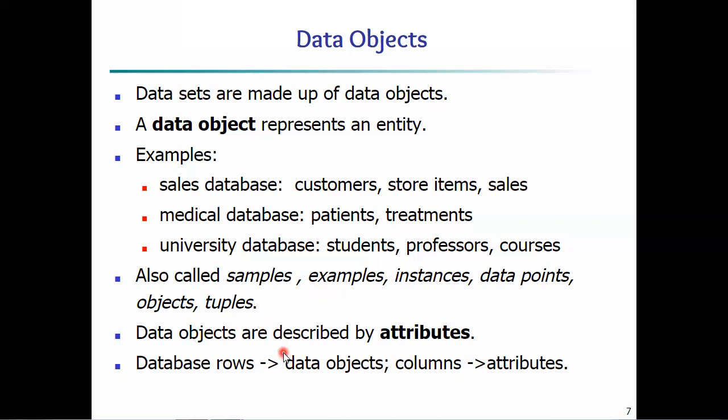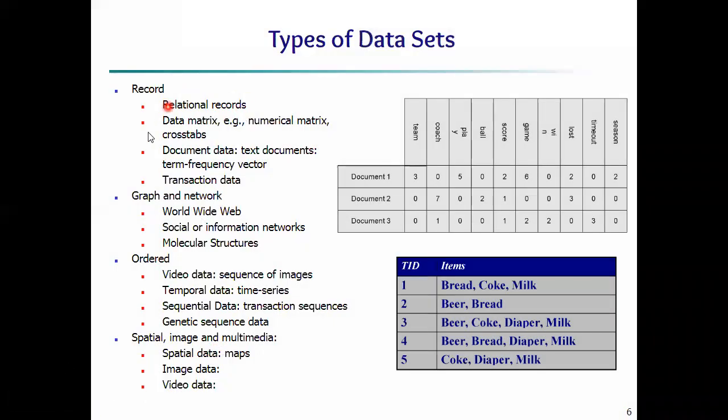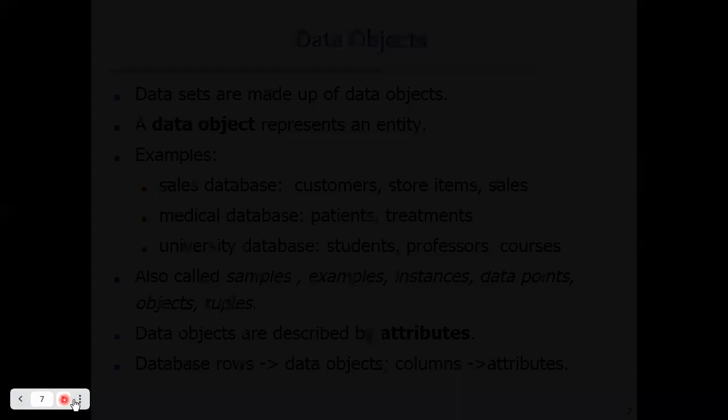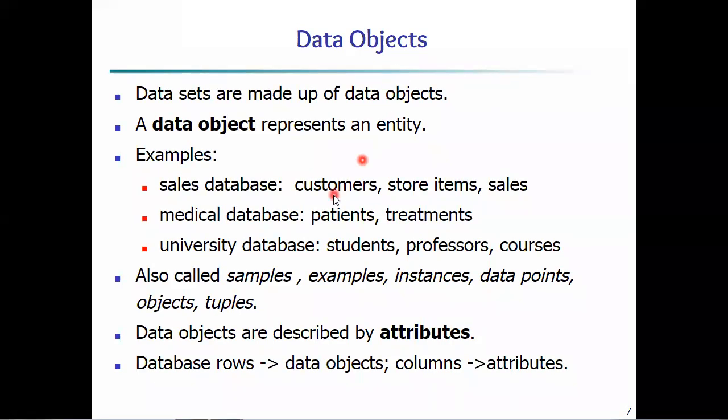Okay, that comes under it. What exactly are data objects we have said, and these are examples of data objects. A data set is made up of data objects. Previously we have seen what kinds of data sets are available. A data set is made by data objects. It is important to understand where data objects are used and what they are called in technical terms.